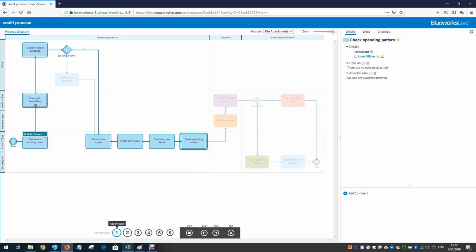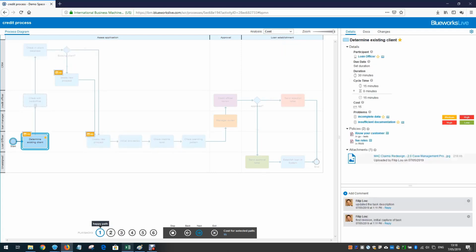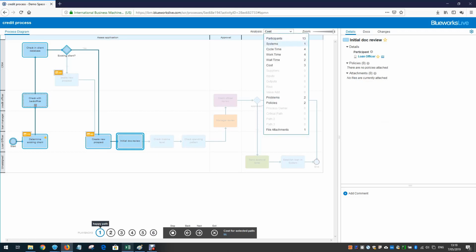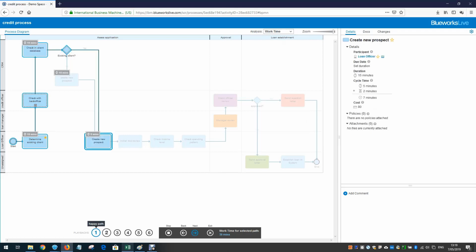And one of the cool things you can do, you can say, hey, remember those properties? Let's look at it from a cost standpoint, right? We'll start the process. This is $15, and this is $95. So it actually adds up as you step through the process. The same with the working time, it starts to add them all up. There you go. So this is a really cool feature to share the knowledge and to collaborate on the process,